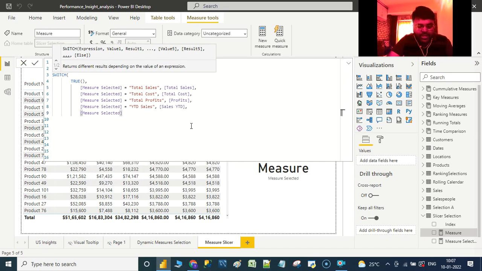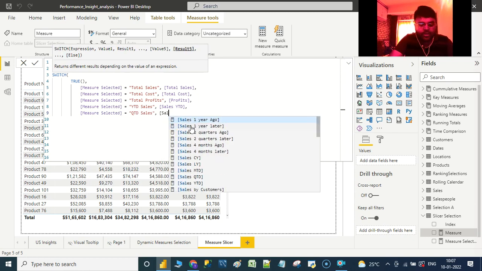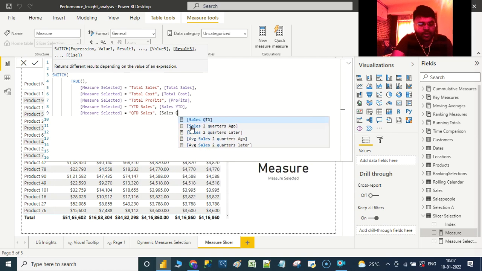Similarly, if the measure selected is equal to QTD sales, then return me the measure sales QTD.